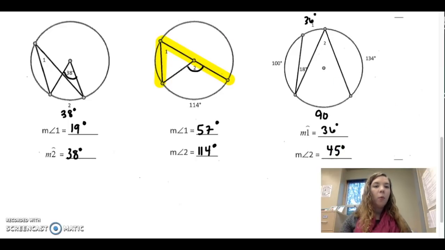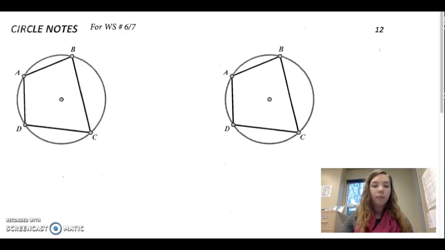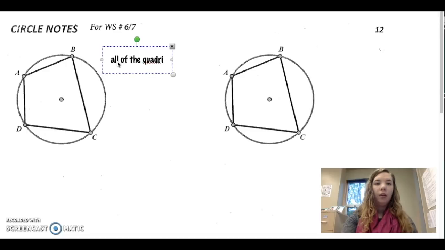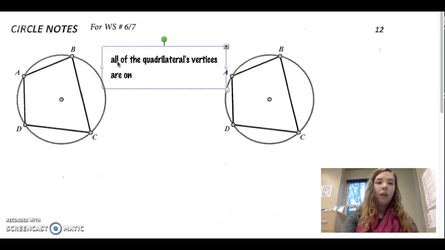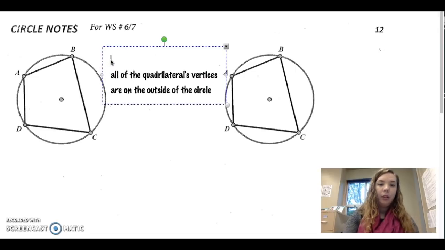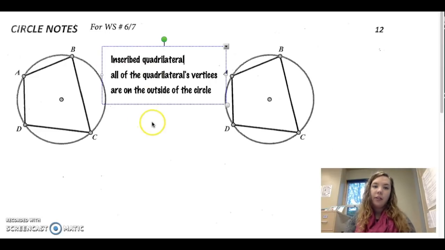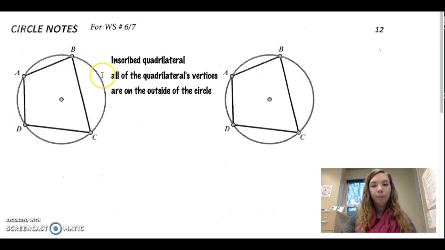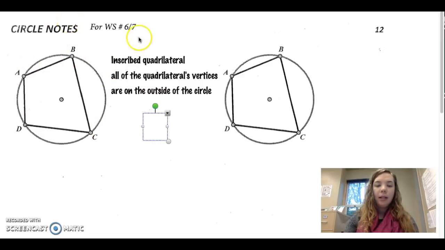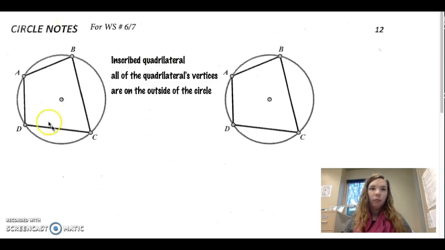An inscribed quadrilateral is what we're going to talk about next. The key here is that all of your vertices are on the outside of the circle. You don't have an inscribed quadrilateral unless all your vertices are on the perimeter of your circle. So what happens when you have this is, if I put some symbols in here,